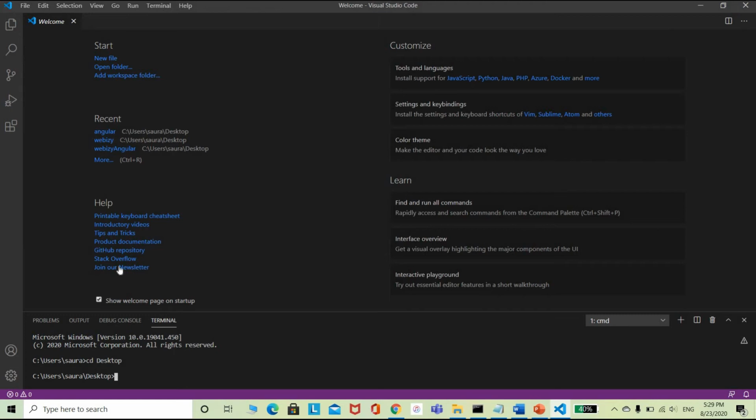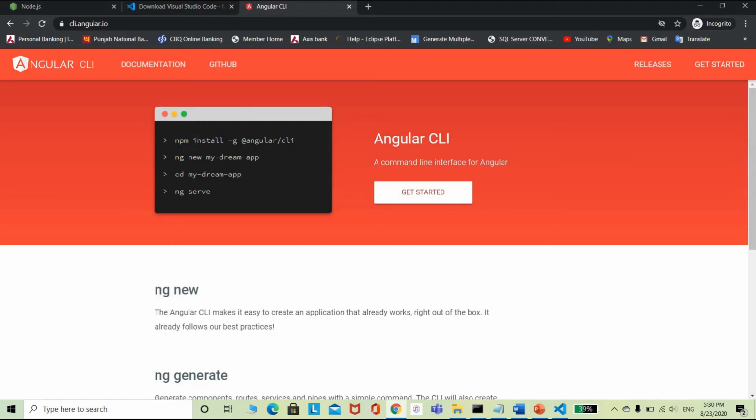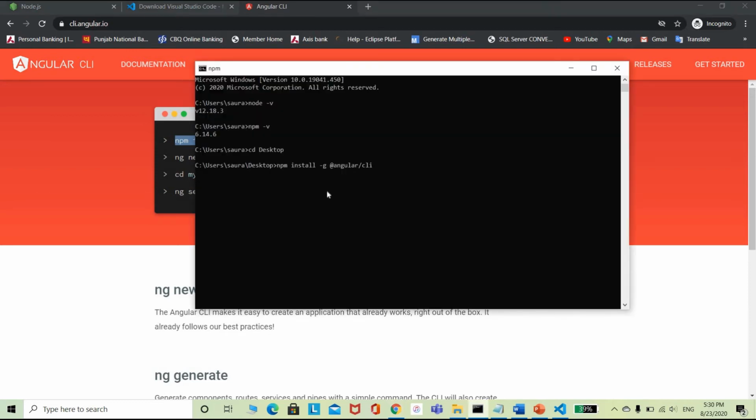Open Visual Code. You can see on this screen something like this will be visible. Now either you can use the terminal of Visual Code, or you can also use the command prompt. Now let us move to desktop, and one by one we are going to use the commands of Angular CLI. You can see I have just copied the thing, and I'm just going to run all these in my command prompt.